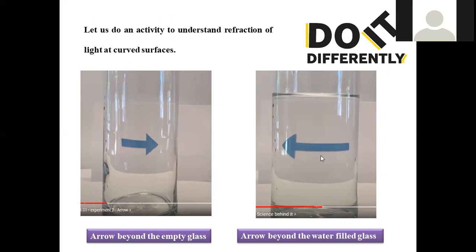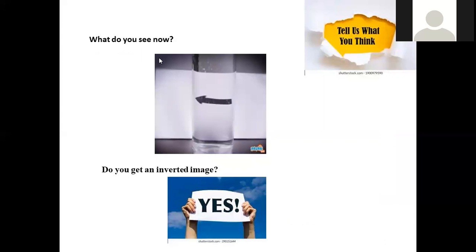So when it is placed behind the glass of water, the size of the image will be enlarged, but it appears to be reversed. If the arrow is moving left to right, with the filled water, you will observe it will be inverted. In case of an empty water bottle, the arrow direction will not be inverted. But in case of a filled water glass, the image will be inverted in nature. So that is purely explained.